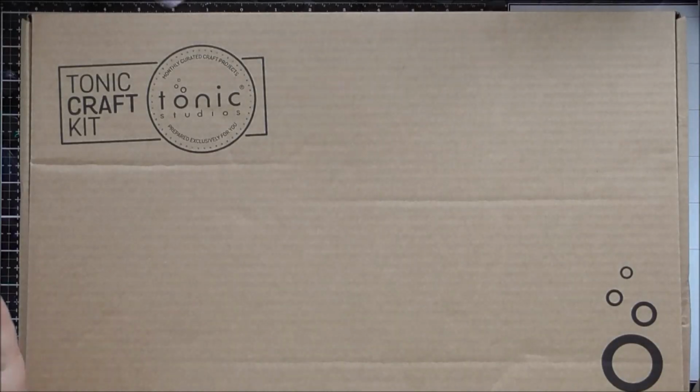Tonic Craft Kit unboxing video. This one is kit number 25 and it is all based around the final colour trend for 2019. So Tonic have been bringing out these gorgeous colour trends throughout the year, and this final fourth one is called